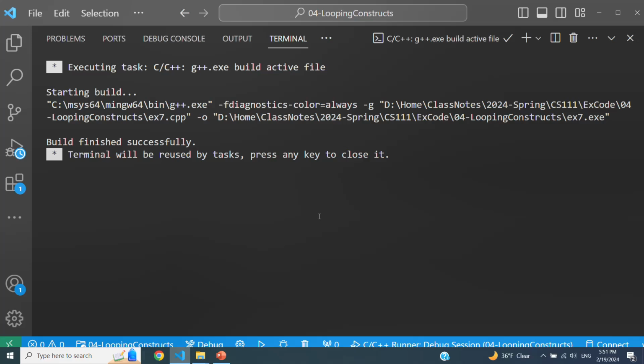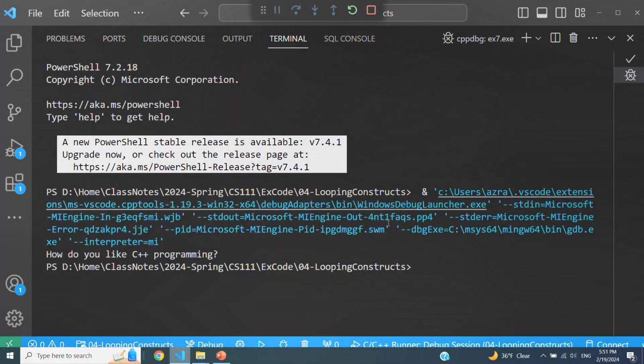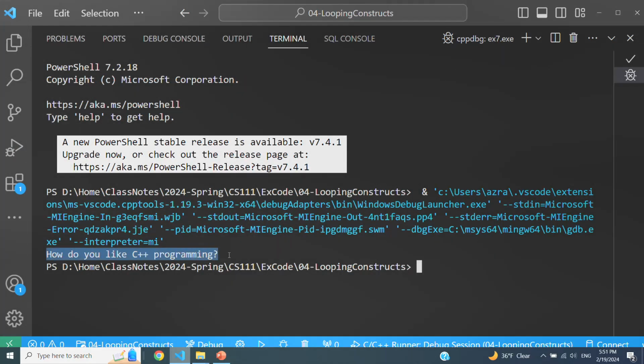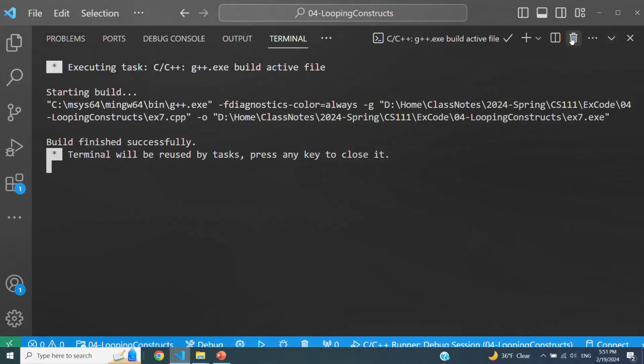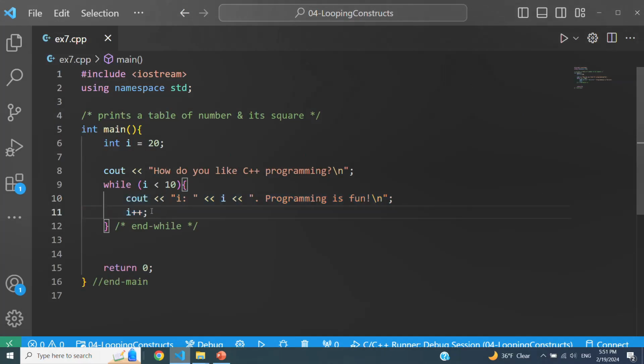So let me just show you that. Let me execute this code, and you're going to see it just prints how do you like C++ programming, but the body of the while loop never gets executed. So just because you have a while loop does not mean it's going to get executed at least once, right? It all depends on this Boolean expression that you have at the beginning. If the Boolean expression evaluates to false the first time you evaluate it, you never execute the body of the